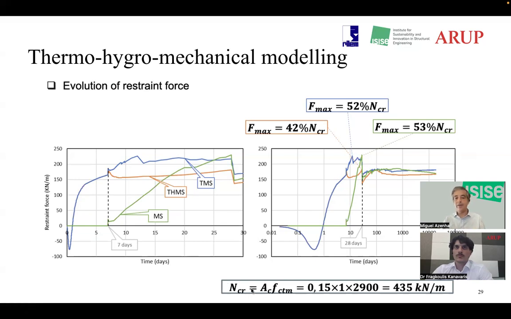So if you think of a theoretical model and you have this axial restraint, you will compute the cracking force just by saying it's the area of concrete multiplied by the tensile strength of concrete. And then you have the cracking force. In theory, even if you follow the regulations, you will compute the cracking force by doing this. There will be a coefficient there, but they don't change it much.